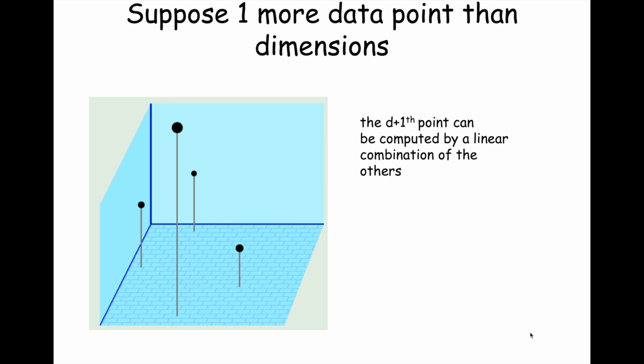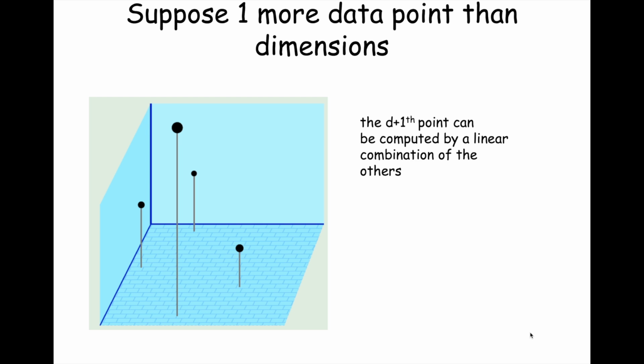Does that make sense? And I can absolutely do that because when I'm talking about counting dichotomies, it doesn't matter what the feature values are. So I can set whatever values I want for those points in 3 dimensions. Okay? All right. So if I have one more data point than dimensions, that d plus 1th point can always